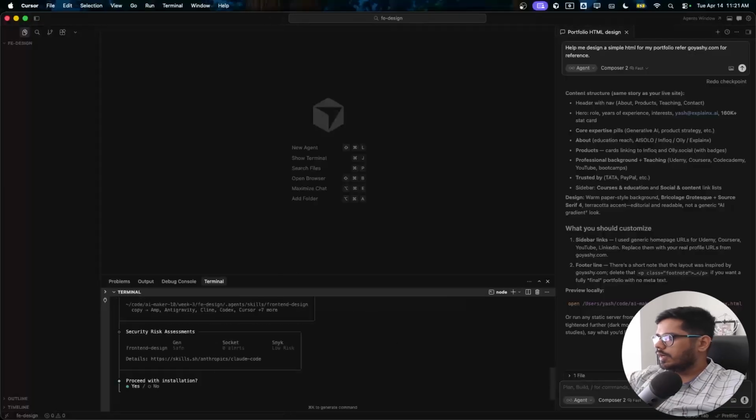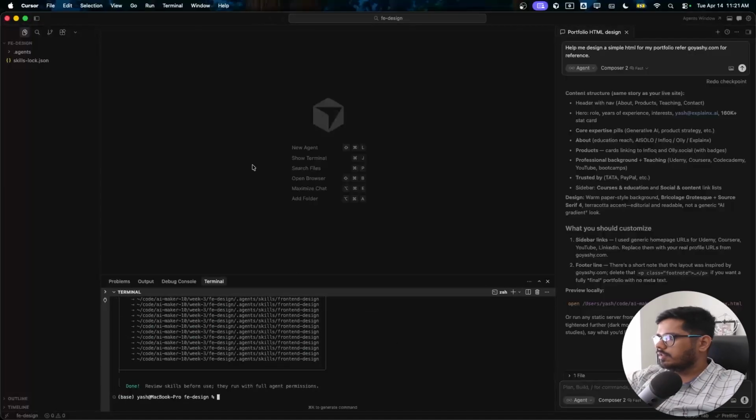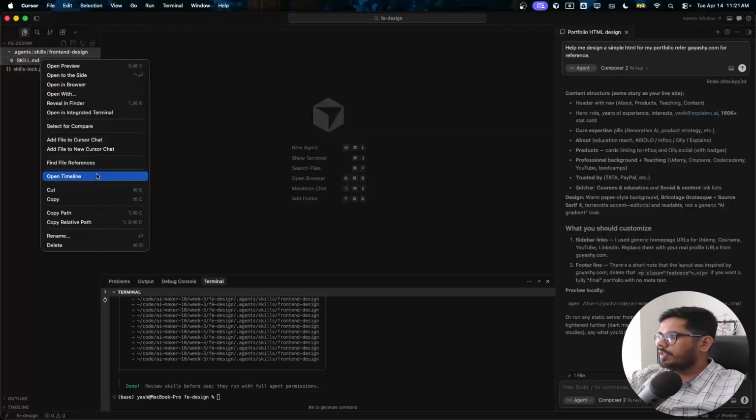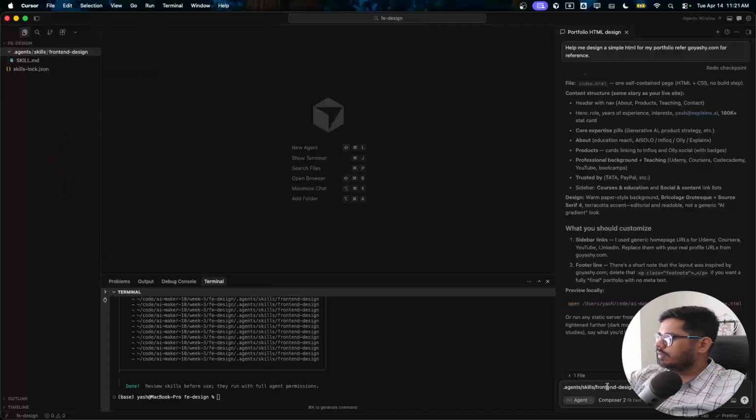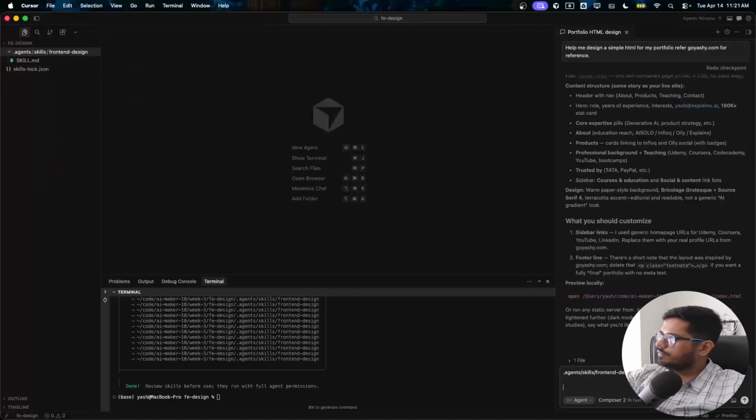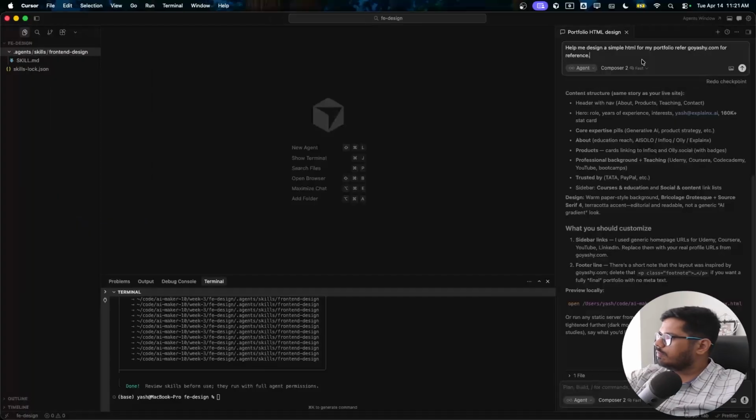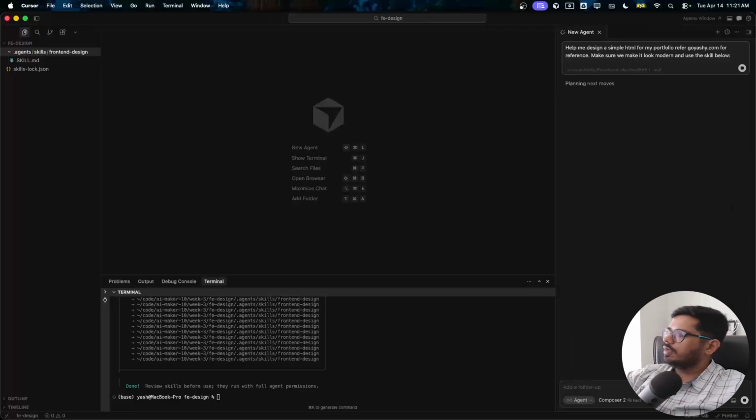And we'll just go ahead and install this with enter, and you can see the skill is now here. So I'm going to copy the skill.md file from here and paste it here. I'm going to say, okay, let's just start with the same prompt here. I'm going to say, make sure we make it look modern and use the skill below. Okay, so let's see how it looks